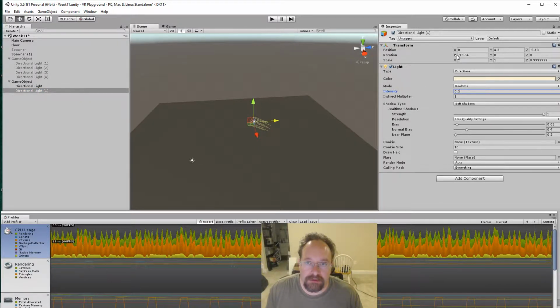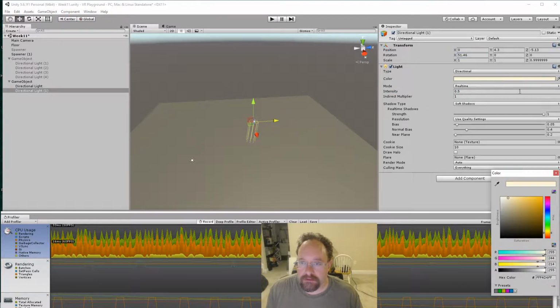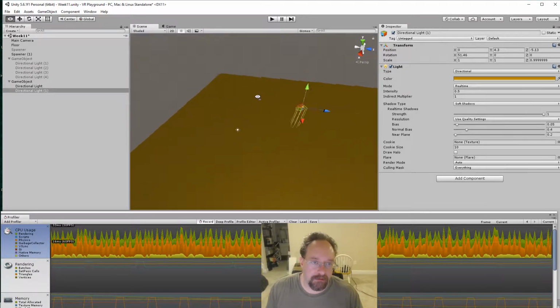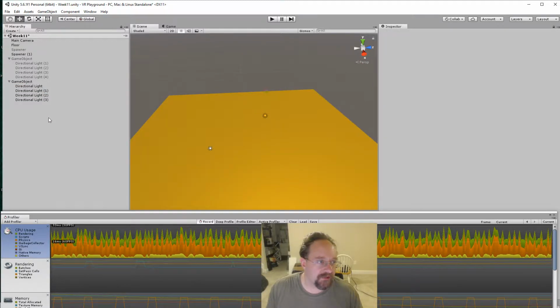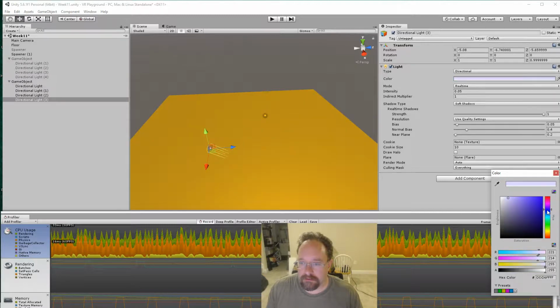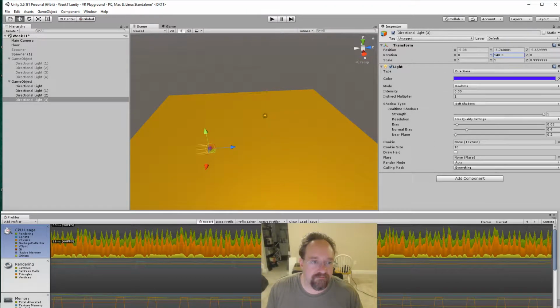Right, and then we can also change the direction and the color, just making these directional lights a little more distinct because it's kind of hard to tell. Right, so now we have 2 of them. So we have lighting from 2 different angles. And then we're going to add purple, and it's going to come from